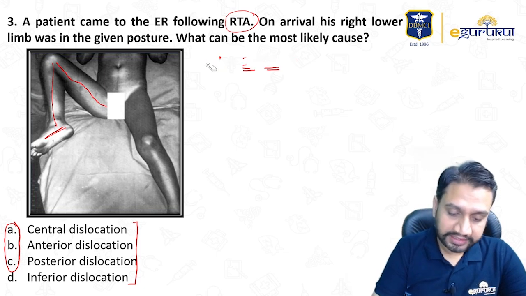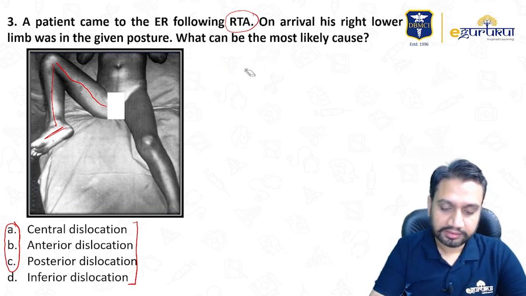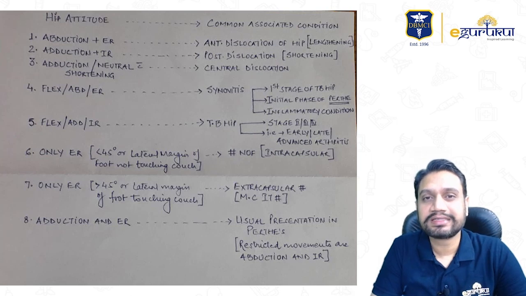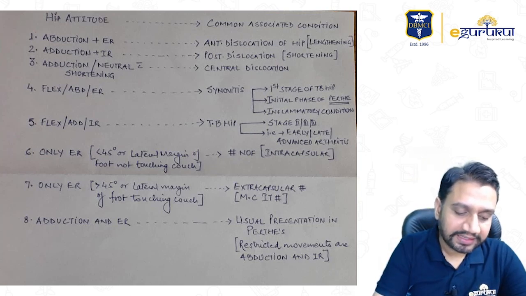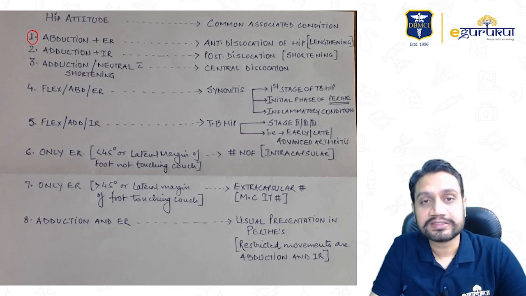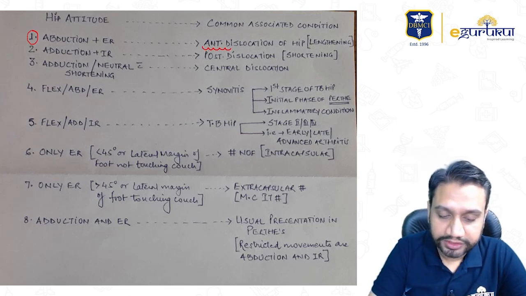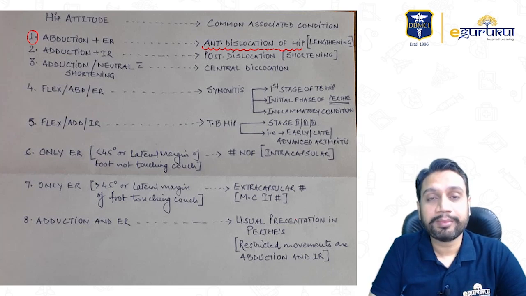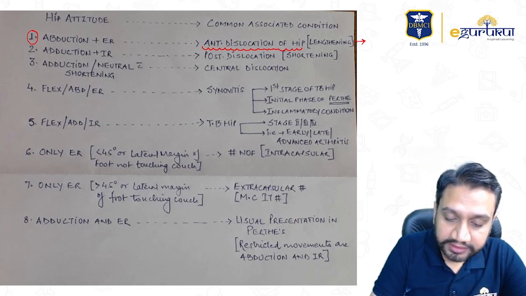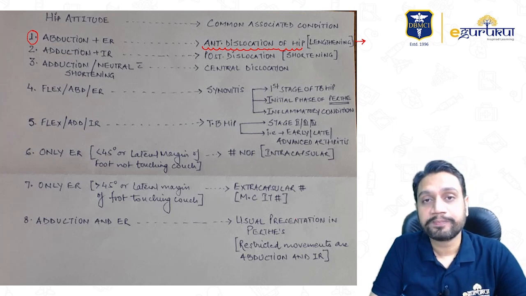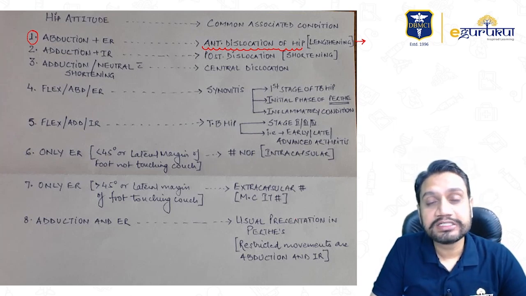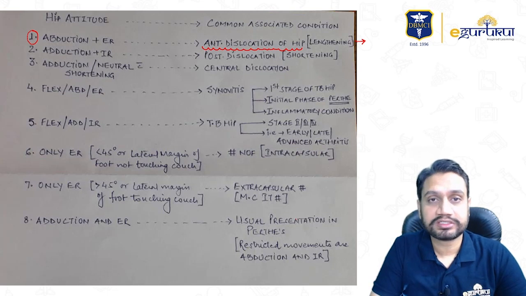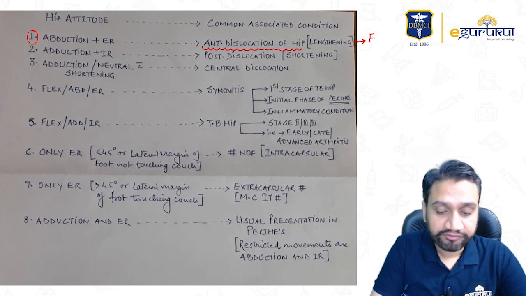Now I'll just help you out to revise or recall the attitude of different conditions with the help of this particular chart, right, which I've just written by hand. So when the hip is in abduction and external rotation only, what are the possibilities? The possibility is of anterior dislocation of the hip. So please do remember, whenever there is an anterior dislocation of the hip, what all other important points we should remember? The injured structure can be the vessels in the groin, the femoral vessels, right? So there can be injury to the femoral vessels.